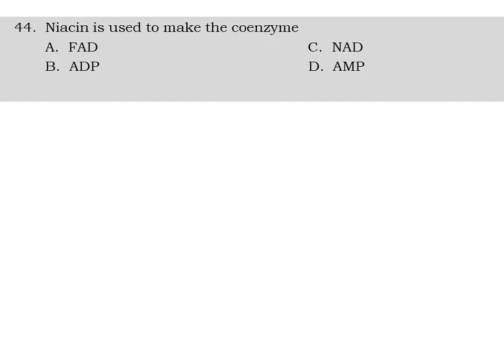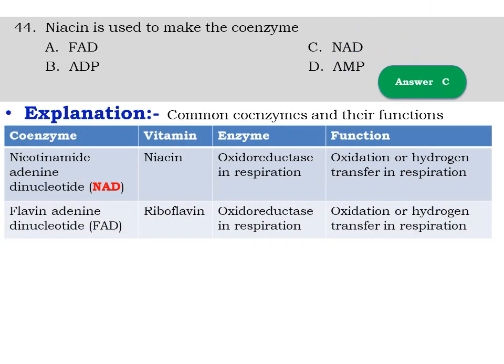Question number 44. Niacin is used to make the coenzyme: A. FAD, B. ADP, C. NAD, D. AMP. So the answer is C, NAD. Let us see the explanation. The common coenzymes and their function: